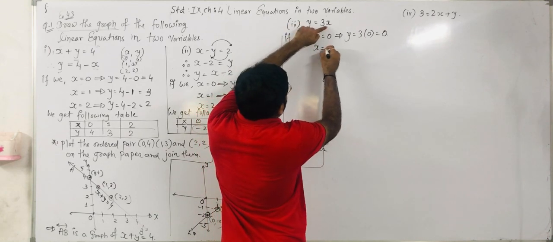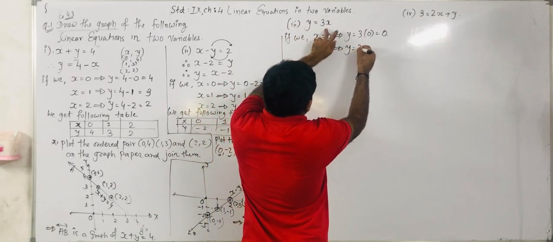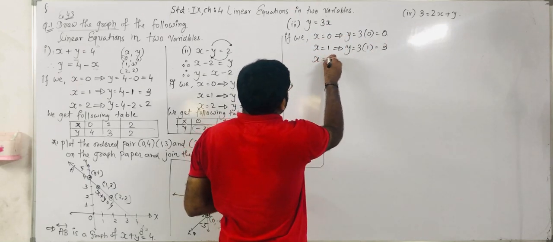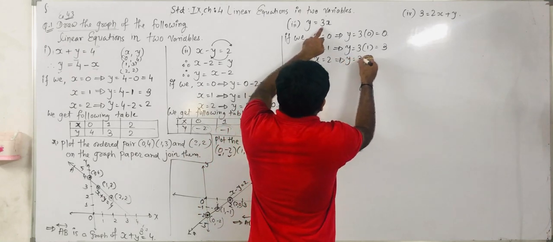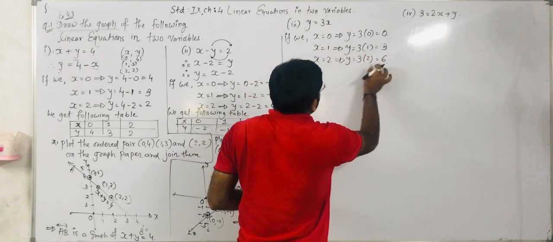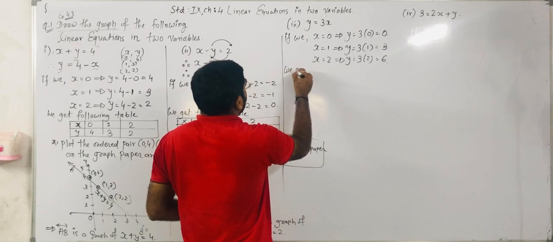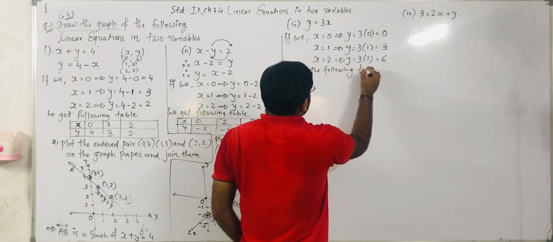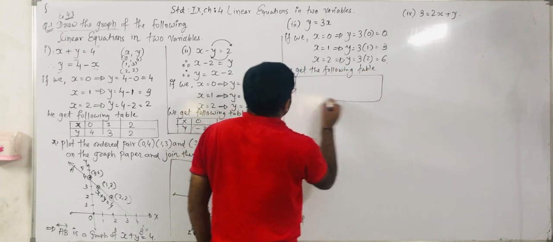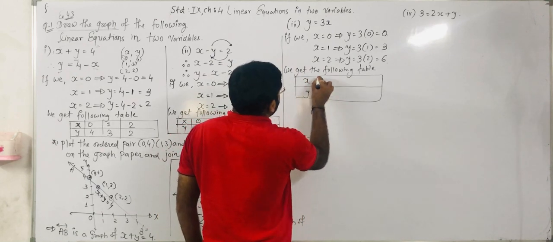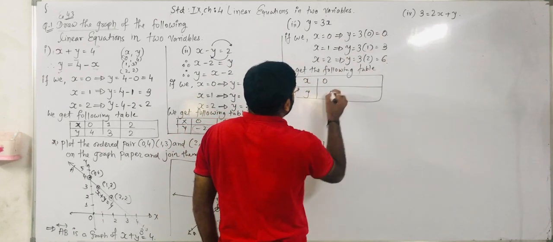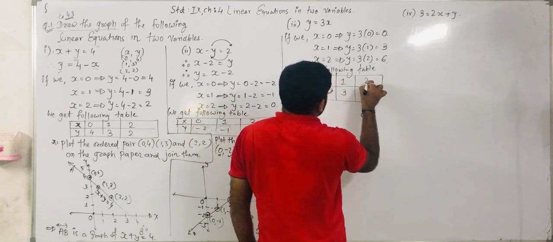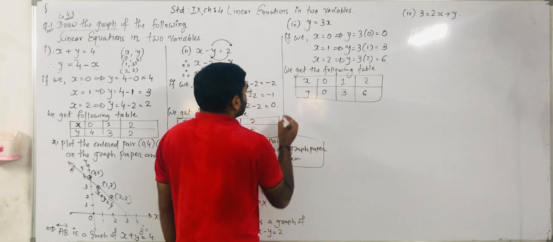Suppose x is equal to 1 we take here. So what we get? Y is equal to 3 times 1. X is equal to 1 we put here. So 3 times 1 means 3. Suppose we get x is equal to 2. So y is equal to 3 times 2. 3 times 2 means 3 2s are 6. So we get the following table, the xy table. X and y. Whenever we take x value 0, then y value we get 0. X value 1, in that case y value is 3. X value is 2, then y value we get as 6.